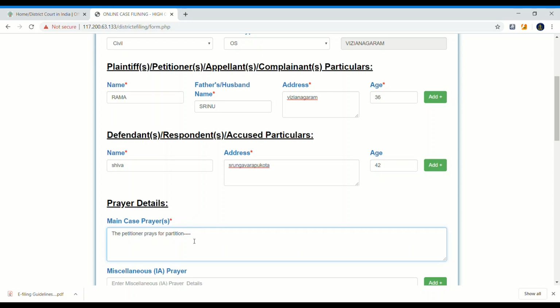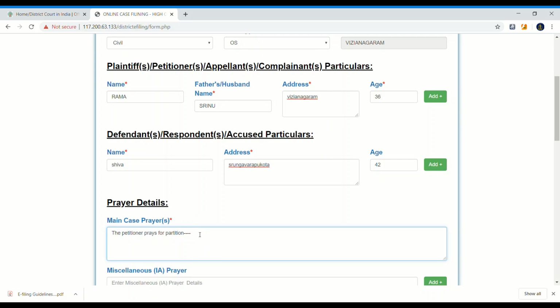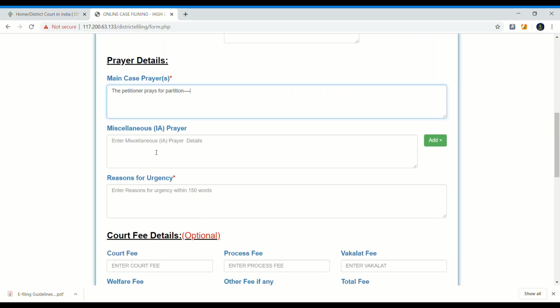Whatever prayer we have typed in the main case prayer, and if there is any IA, again it will be entered. For example, we entered it like this, petition prayer for so and so.